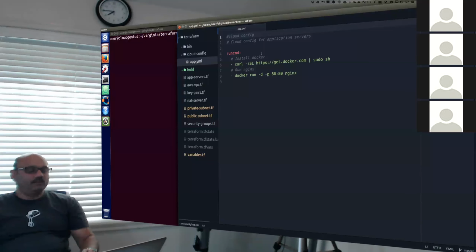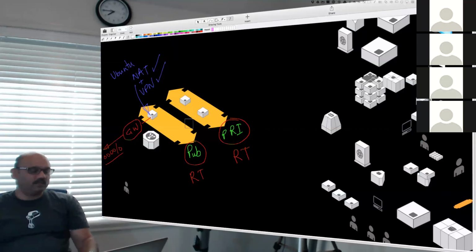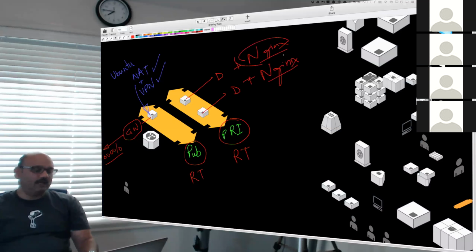And line number 8 is run some application. For this example, I'm just using the Nginx application for simplicity. So I'm running Nginx right there inside a Docker container on those two boxes. So here, Docker, and I'll add some application called Nginx. Very simply, I can get some example application included with the Docker container on these two boxes, and then map them like this with the Elastic Load Balancer.